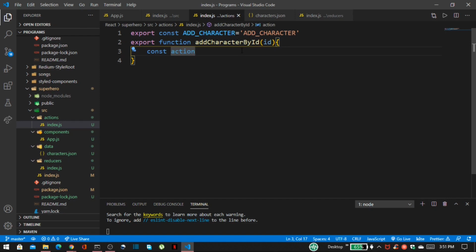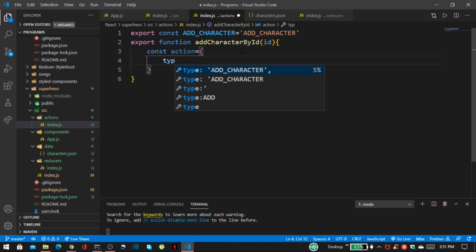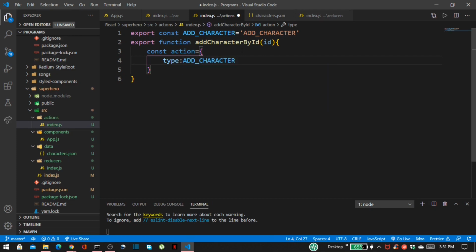Remember dispatch method, inside that we have to pass our type and payload. So inside this action I have to write type, and instead of payload I write id, and here pass add character and id, then return this.